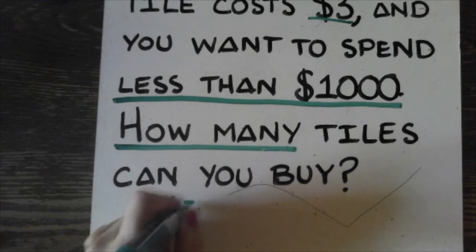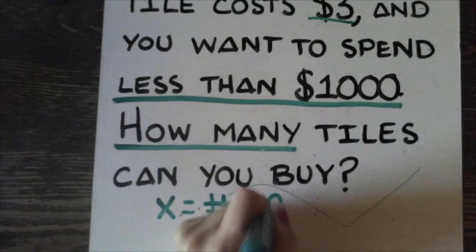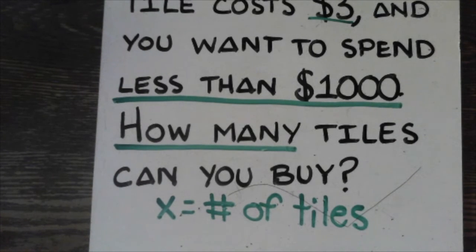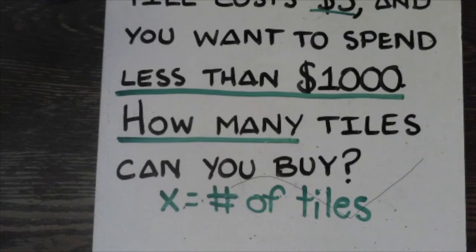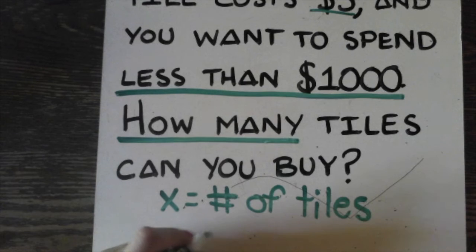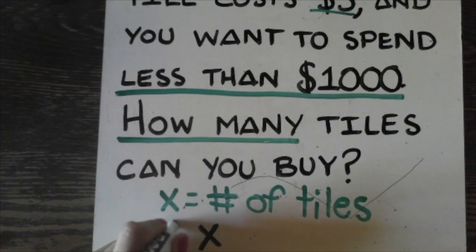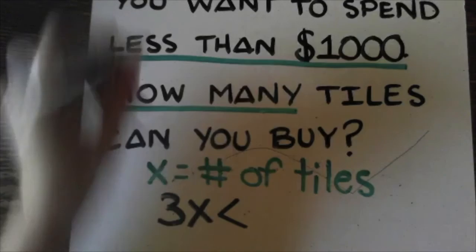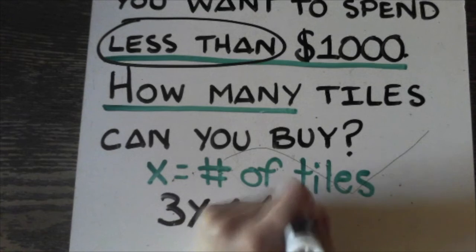Well, x is going to be my variable, and it is going to represent the number of tiles. If you want to use t or any other letter, you may. You get to choose what variable you would like. Now, 1 tile is $3, 2 tiles is $6, 3 tiles you would pay $9 because it is 3 times the number of tiles. $3 for every tile. That has to be less than, not equal to, but less than